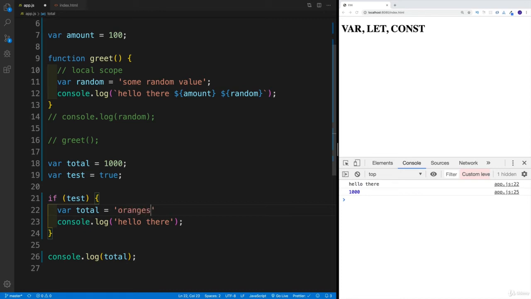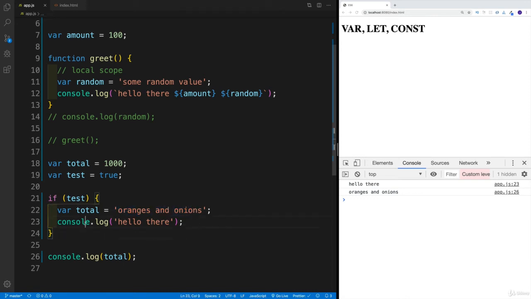What's going to be equal to oranges and onions. Something really random. Now, what do you see here? Well, I see that console log of total right now is in fact oranges and onions. It is not 1,000. So imagine that if you had some kind of math operation that was relying on the fact that total is going to be a number, more specifically, you are relying on this to be, let's say, 1,000, then of course you're going to be up for surprise because now you're going to have oranges and